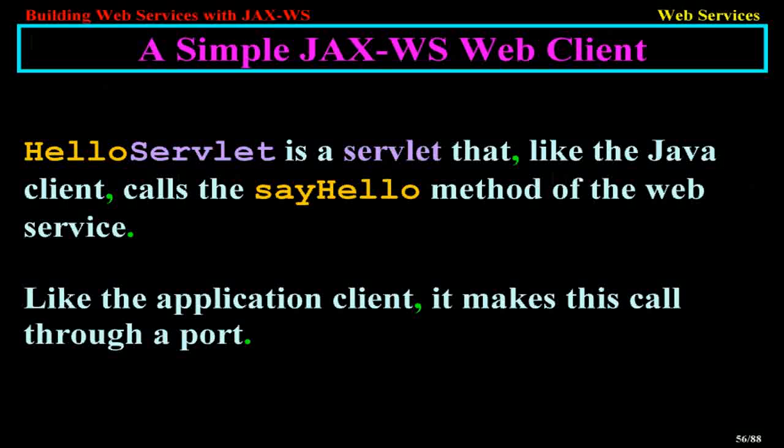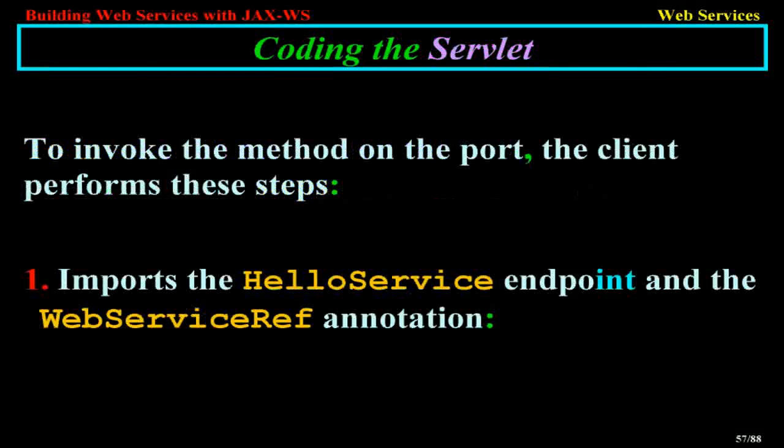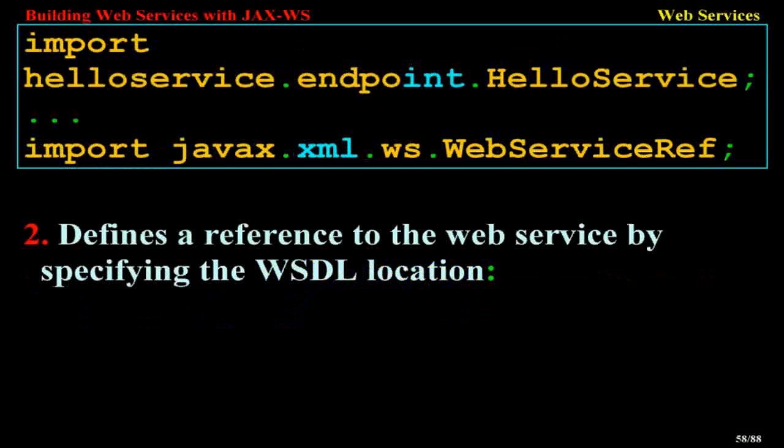HelloServlet is a servlet that, like the Java client, calls the sayHello method of the web service. Like the application client, it makes this call through a port. Coding the servlet. To invoke the method on the port, the client performs these steps. Imports the HelloService endpoint and the WebServiceRef annotation: import helloservice.endpoint.HelloService;